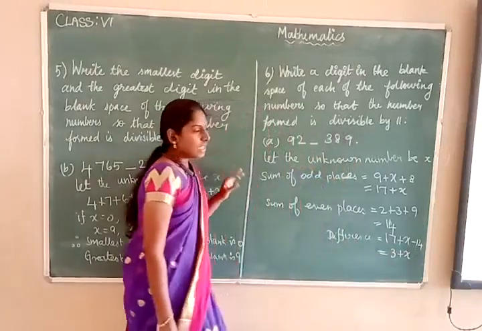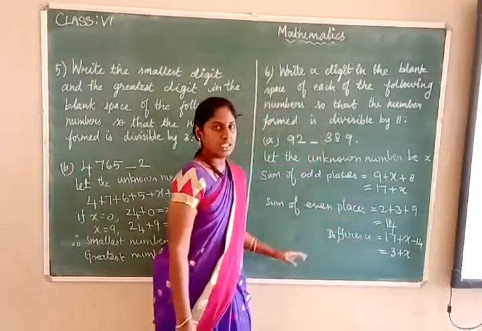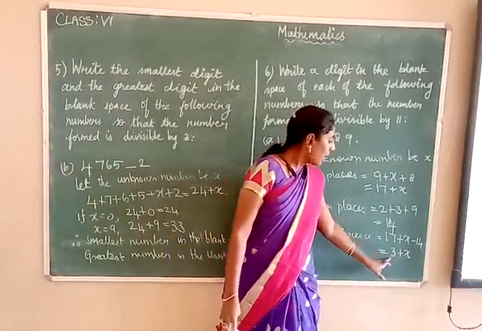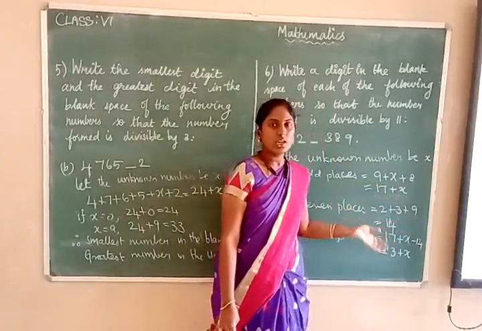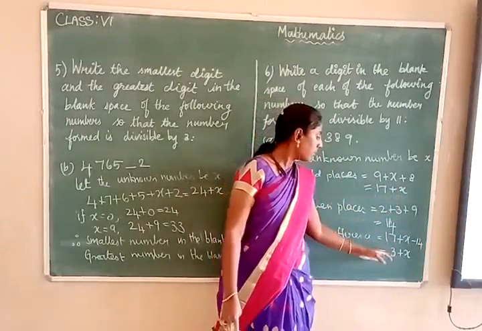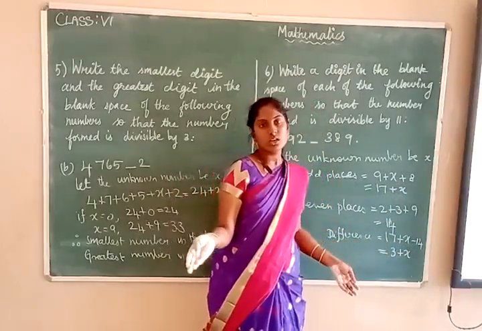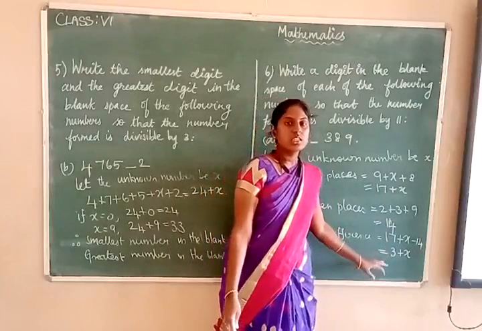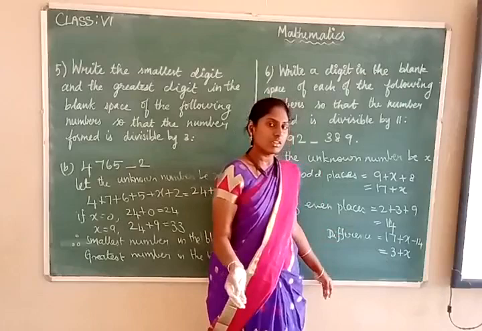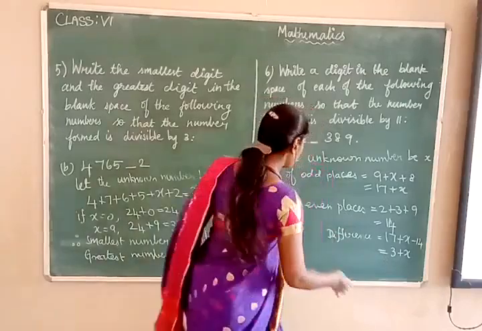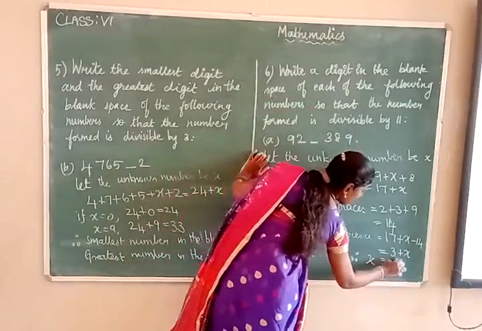Some number should occupy the place of x so that when you add 3 and that number, you should get 0 or 11. You cannot get 0 here. Yes or no? Because some number should be added with 3 and if you add any number with 3, you will get a number more than 3 only. So you cannot get the answer as 0 here. So you must get 11. So which number is added to 3 so that you will get 11? Yes, that is 8. Therefore x is equal to 8.